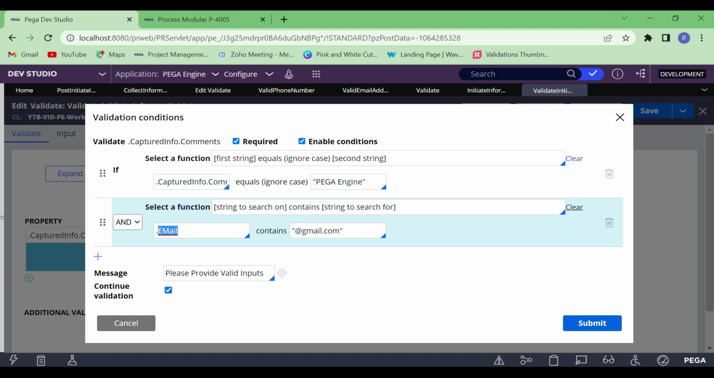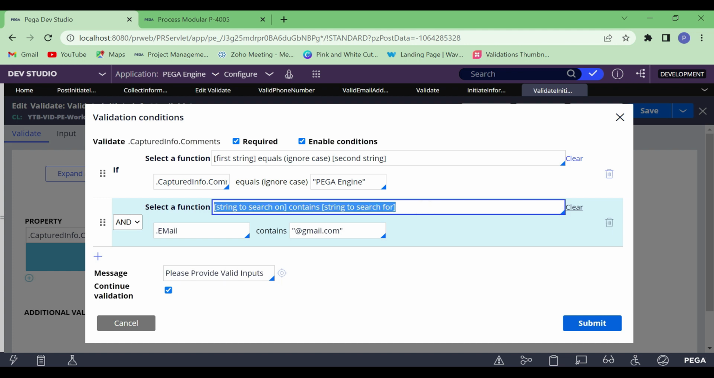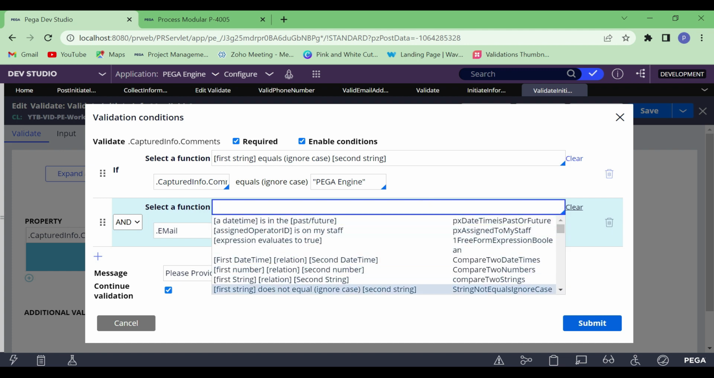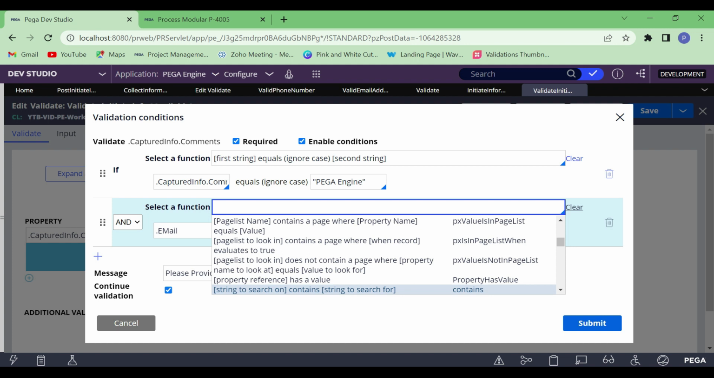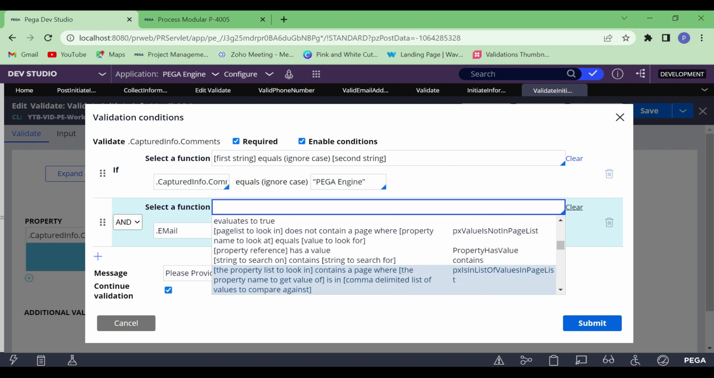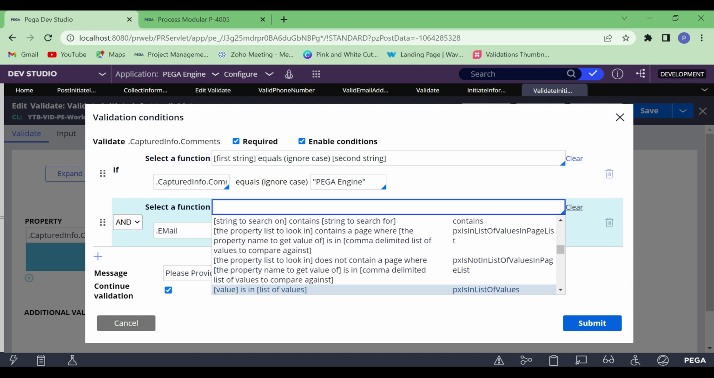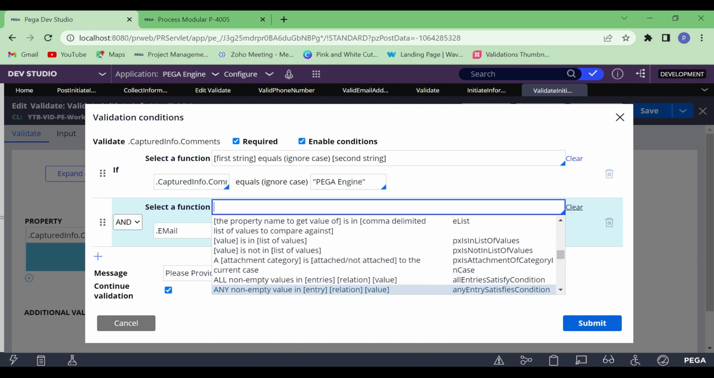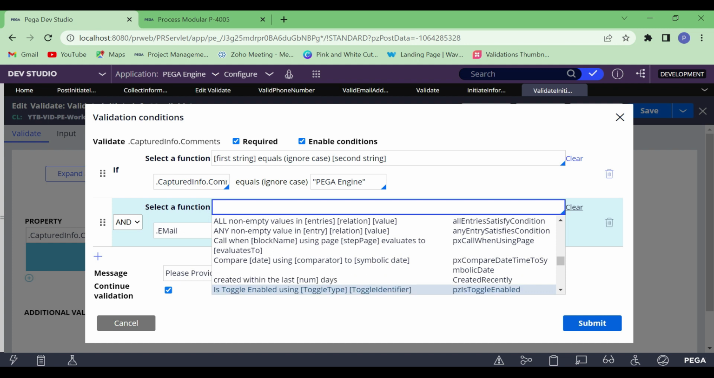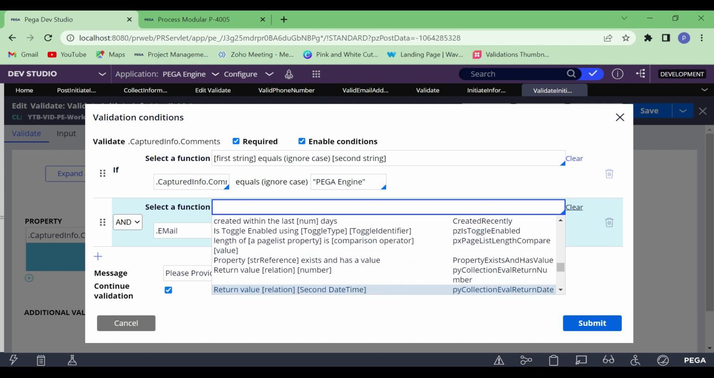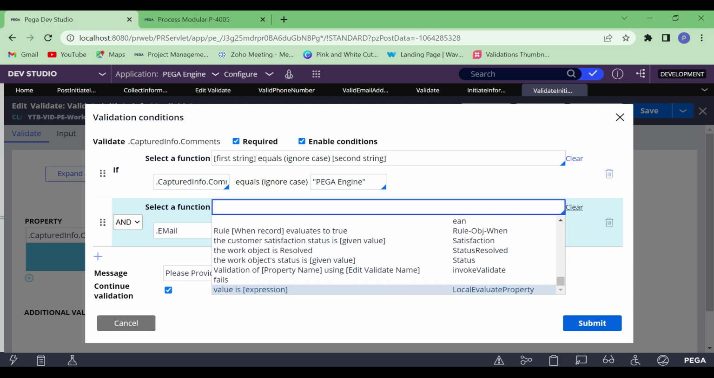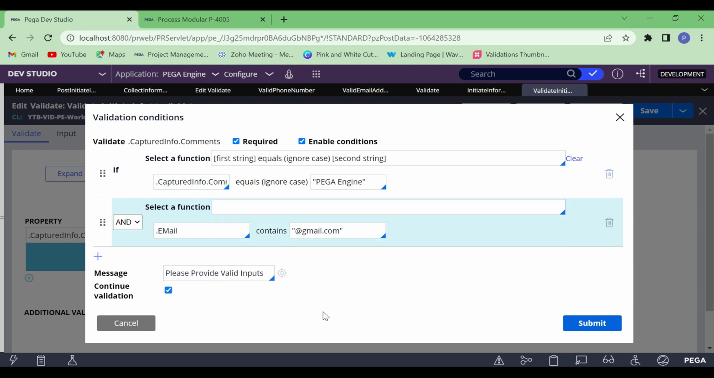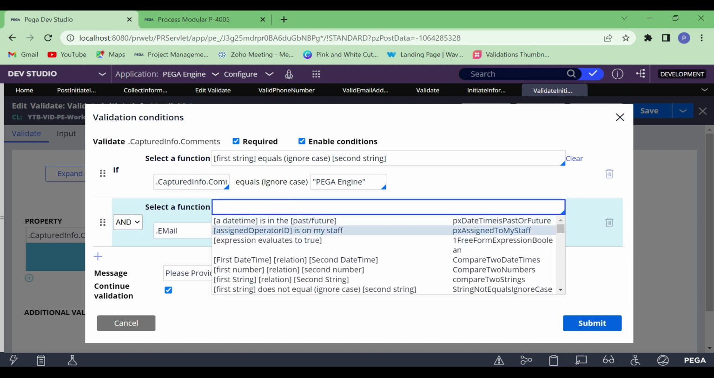So if it does not contain, okay, here contains, I check that, does not contain, actually I should check, but will it be available, does not equal, does not contain. Yeah, page list looking does not contain is there. String to search on contains, comma delimited, values in list, compare date using created, no. SLA check, probably it's not there. Work object status, okay, so probably it was not there,